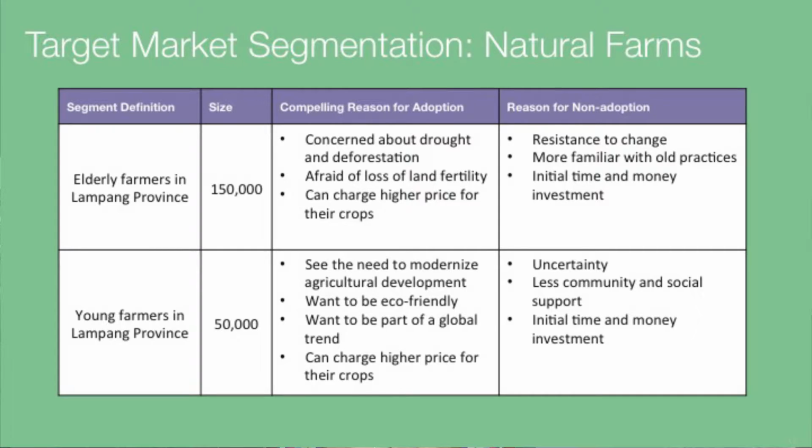They're educating farmers about the benefits of organic fertilizers, and so they have broken up their target market into older farmers in the province that they're supporting, and then young farmers. They've sized their market: 150,000 of these older farmers and then 50,000 of the younger farmers, and then been really clear and listed out why these customers in each of these segments will adopt and won't adopt their products. The other thing that you need to be really clear about too is your competitive advantage.